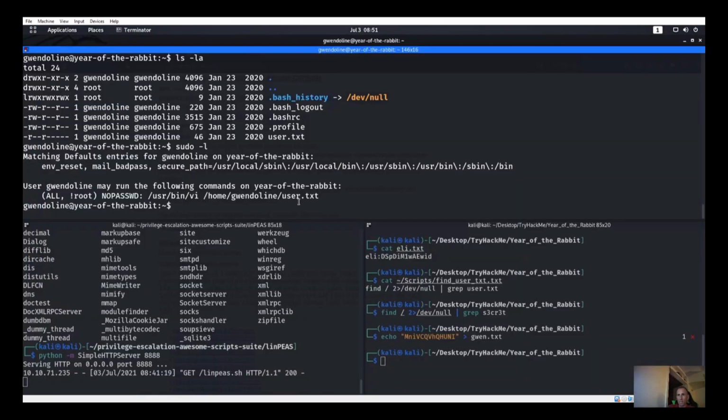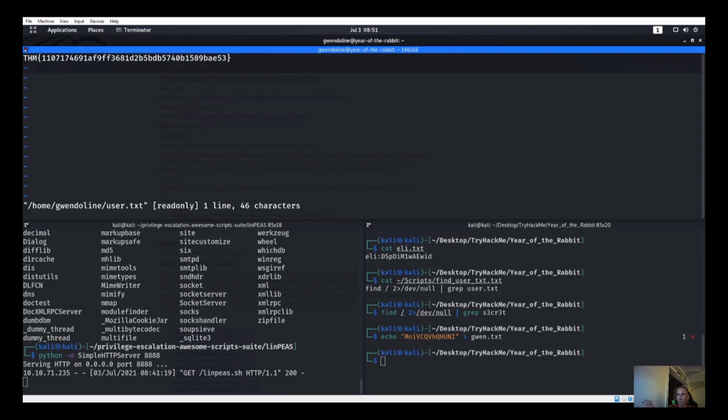Okay, so we're going to take that and put that in here, right? And then we do a user bin vi /home one line, right? User.text. Okay. Now I should from here be able to do the whole like